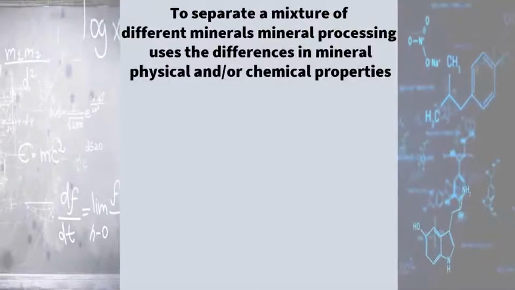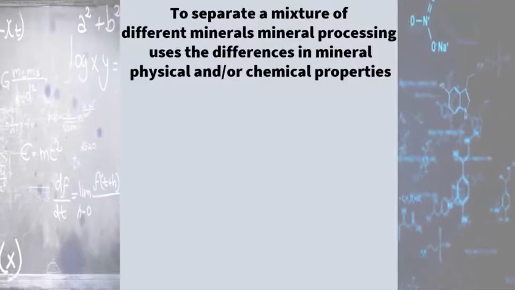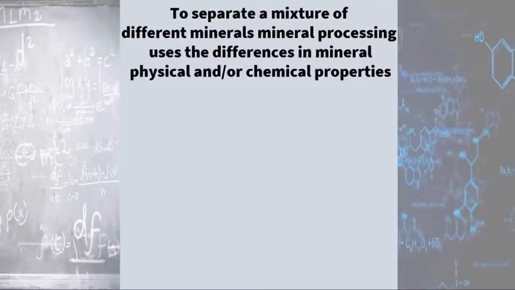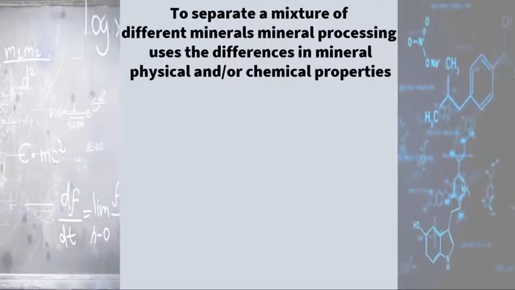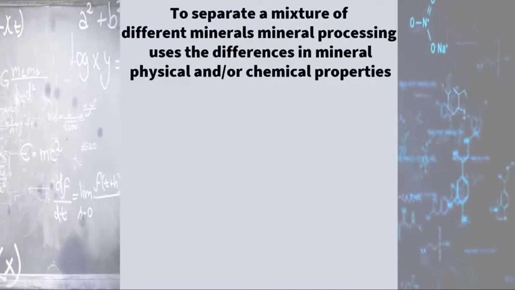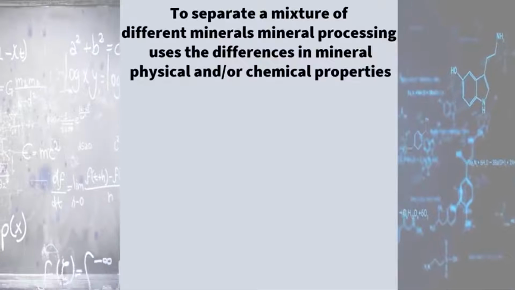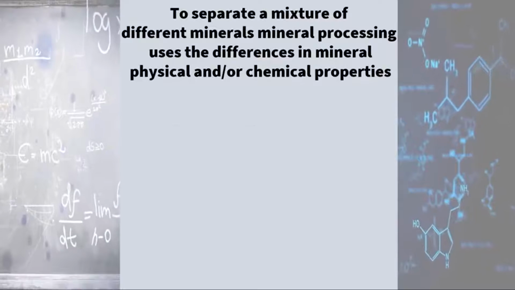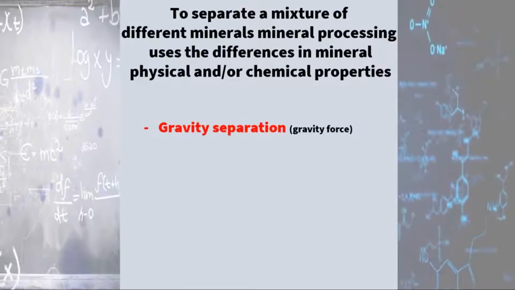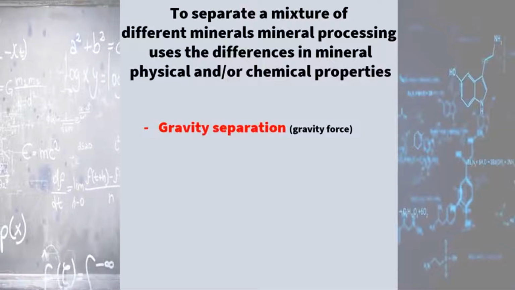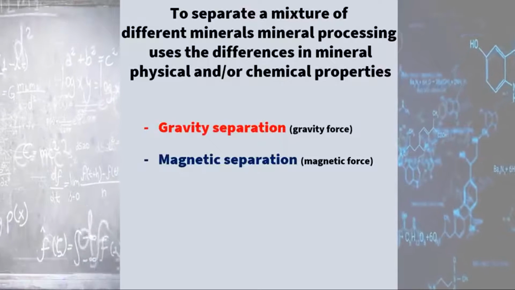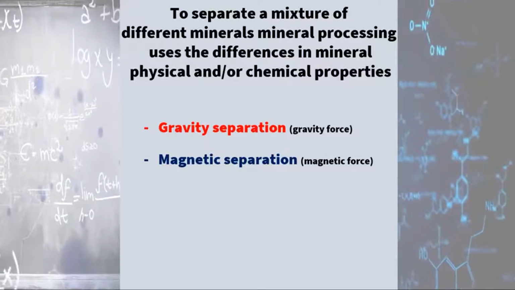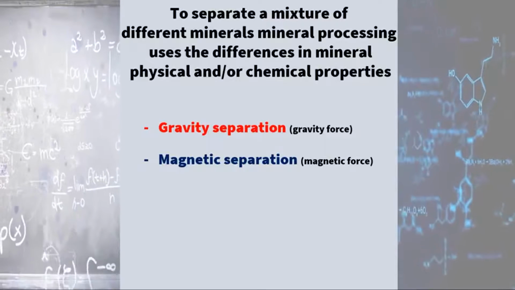To separate this mixture of different minerals, we refer to the definition of a mineral, which tells us that minerals have different chemical and physical properties. So, mineral processing concentrating methods use these properties for the separation of minerals. The main methods are gravity separation, which uses the fact that minerals have different densities, magnetic separation, or a method based on the fact that minerals have different magnetic susceptibilities, or in simple terms, some of the minerals could be